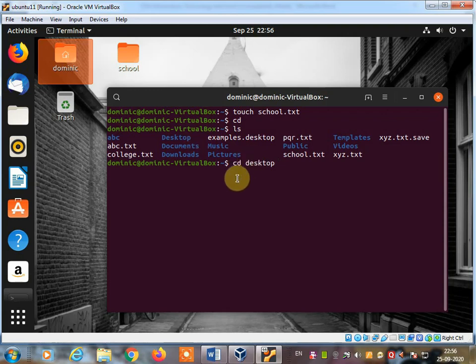While writing the name of the directory, write it as it is shown in the directory list. So cd desktop and press enter key. Now see, I enter in the desktop directory. So cd command is used to change the directory. Any directory in your operating system you can go to by using the cd command. If you want to come out, again you can use the cd command.